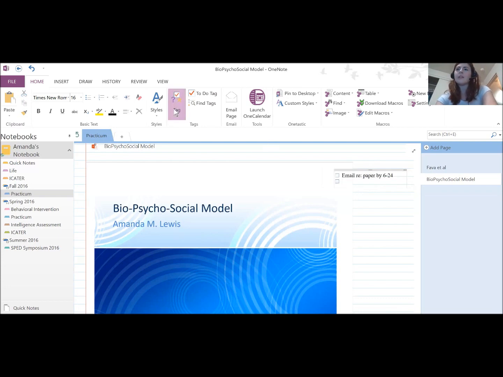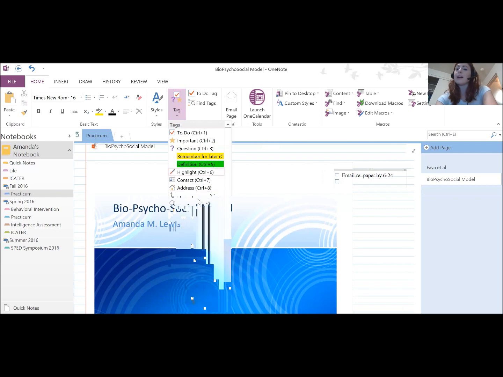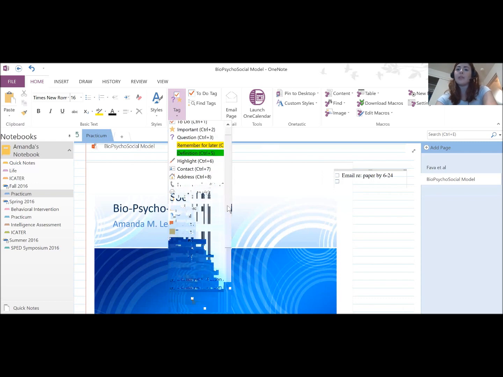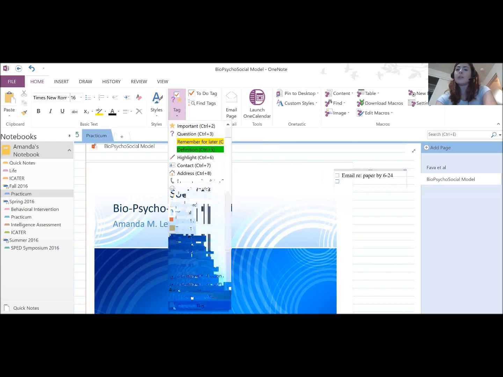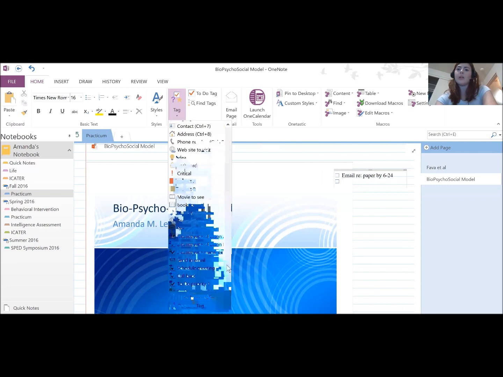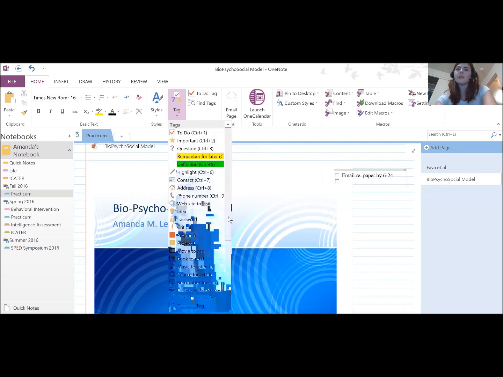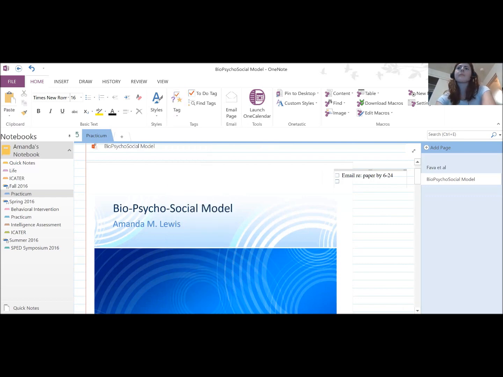Tags are going to look a little different. You can see that they've already got some built-in ones, really handy. You can also create your own with customized tags or easily remove tags. But look at how many already made tags they have. I think this is just fantastic. So you can just start right away using the tags without a whole lot of setup. Some quick little shortcuts for things like emailing pages and formatting,